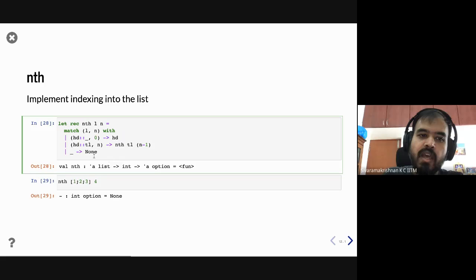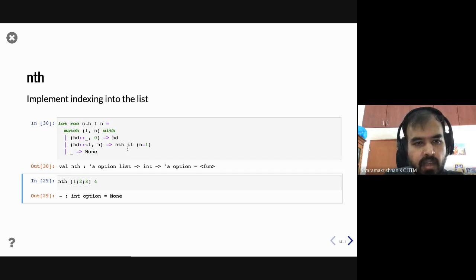In the case when the index is going out of bounds, we want to return None, right? So all of these branches should return the same type of value. This is returning alpha option, and this is returning alpha. Because this is a recursive call, it will return whatever the function return type is. These two types are not compatible, right? When I just return head, it is alpha. This is an alpha option. So if I run this thing,